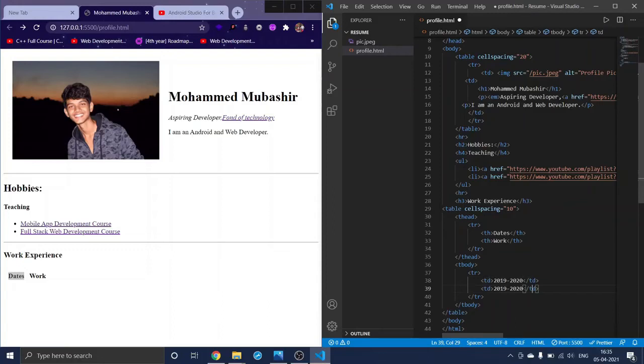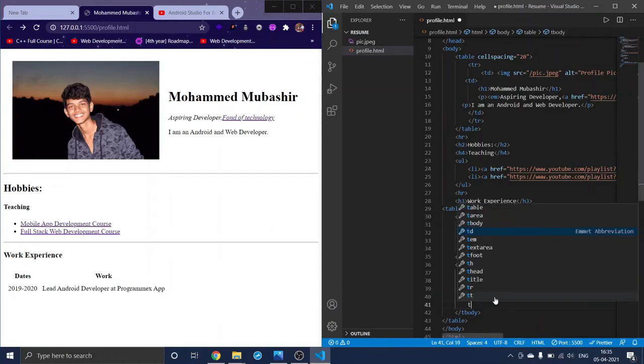I was a lead Android developer at Programmix app. And okay, first let me save this. Yeah, the date and the work.